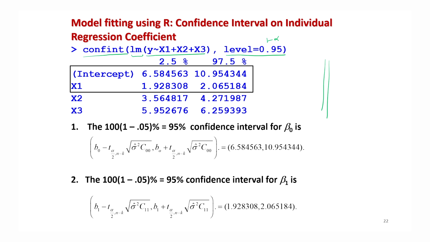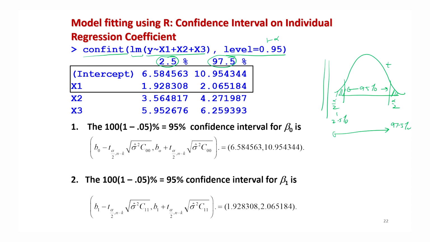You can see here this is giving you 2.5% and 97.5%. What does this mean? If you want to plot it, then the area on the left hand side and the area on the right hand side of this t distribution is alpha by 2, alpha by 2. So, this is 2.5%, and from here to here this is 97.5% area, right. So, this area will be 95%. This is what 2.5 and 97.5 are indicating.